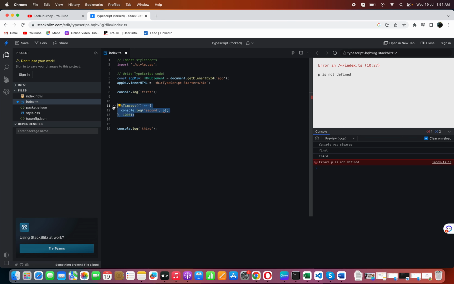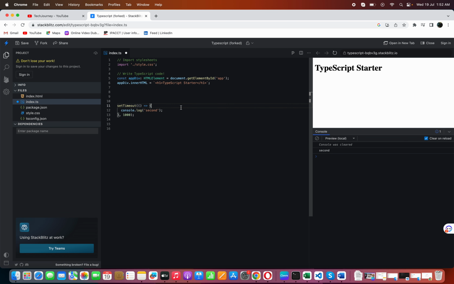So this is an asynchronous block, and right now we need to manage it. We need to get the result of the console log to some extent. So right now we'll remove this statement from here, and let's write a promise to get the data. So instead of this one,